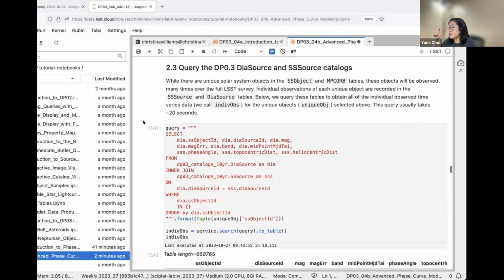For each of the about 300 unique main belt asteroids, we're going to query the individual measurements from the DIASource and SSSource catalogs.